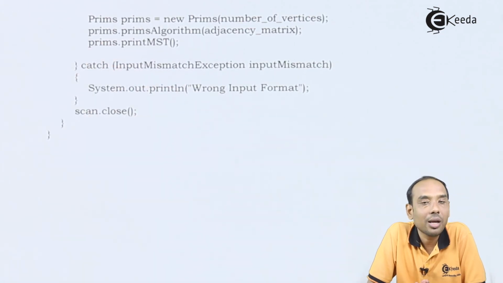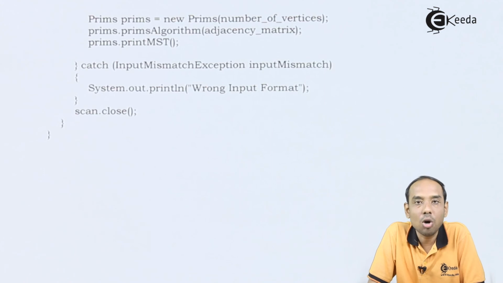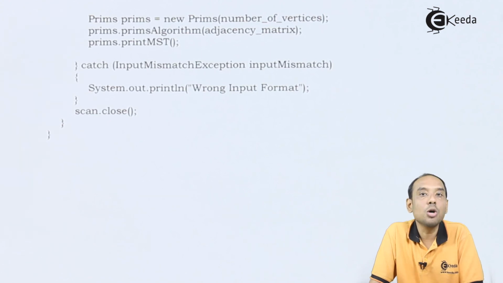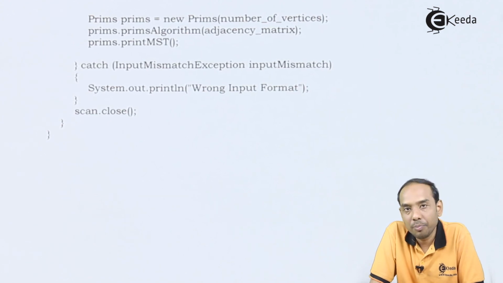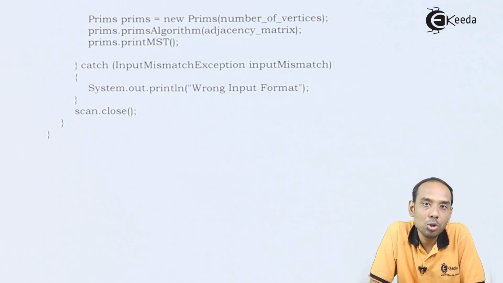Now we need to handle the catch block. The common error which occurs is that the user enters the wrong input format. So we need to handle the exception for input mismatch, informing the user that he has entered the wrong format for either the source, destination or the weight of the graph. This is how you calculate using Prim's algorithm. Basically, Prim's algorithm is used to calculate the